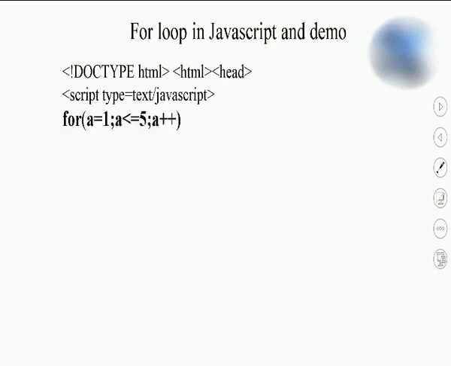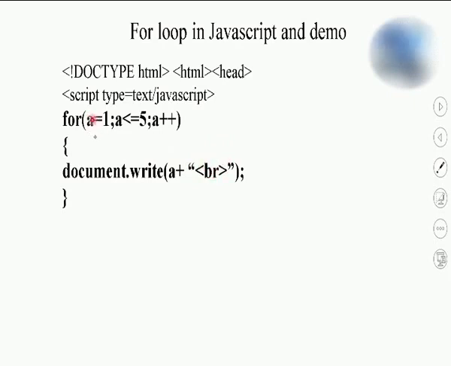Students, let us see the simple program of printing 1 to 5. So observe the syntax over here again: initialization, condition and increment. I am just printing simply A over here, which means it will print 1 to 5. Along with that I have added a plus symbol, which is a concatenation symbol. Along with that I have written a break tag over here, so this will go to the next line.